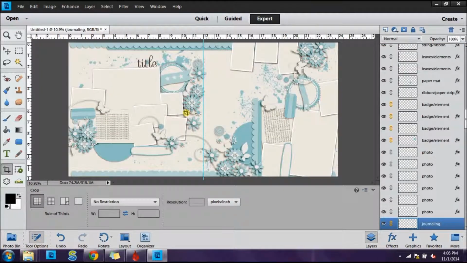So that's how you can use either one template to create a double page or 2 separate templates to create a double page. So now that you know, go ahead and create a double page with some goodies that you picked up for Digital Scrapbook Day